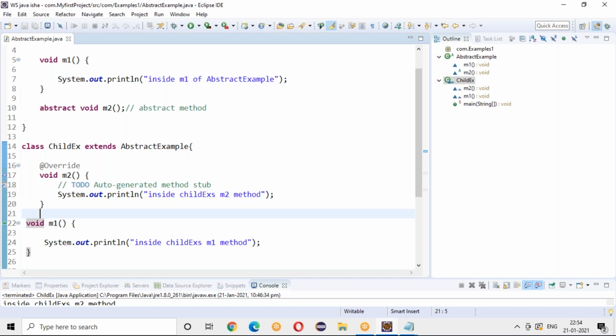Are you clear with the accessibility concept? These public, private, protected concepts, are you clear? If you are not clear with this, you get confused. Yeah, please tell us one more time. Okay, fine. I'll tell it one more time. So here you have different accessibilities. What are they? Public, private, protected, default. Whenever the accessibility is public, it means it can be accessed anywhere, even outside the package. Yesterday I showed you this with an example.